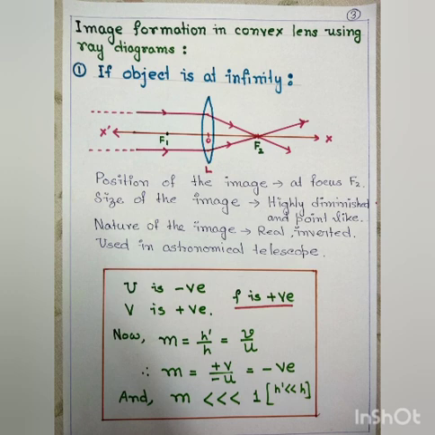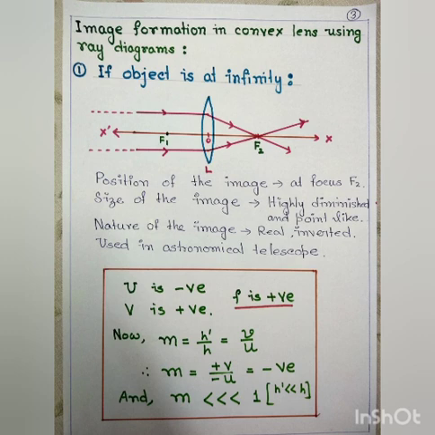Now students, where is the position of the object? It is on one side of the lens, from which side the ray is coming. So the distance of the object from the optical center, we have to measure opposite to the incident ray, which means here the object distance u is negative. And the image is formed on the opposite side of the lens, along the incident ray, so here v is positive. And remember, for a convex lens, the focal length is always positive.